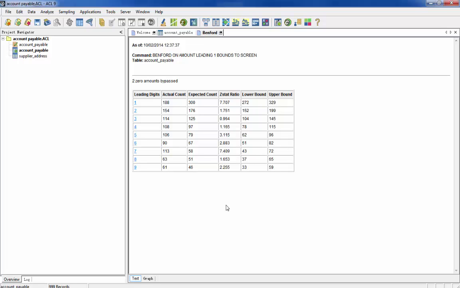We see the results. You can see the leading digits, the actual count, the expected count, the statistic ratio, the lower bound, and the upper bound. If you have studied statistics, you should be familiar with the statistic ratio, as well as the t-value and f-value. If the actual count is smaller than the lower bound or larger than the upper bound, we see these cases as violating Benford's law. In this particular case, we see number 1 has 188 counts, which is smaller than the lower